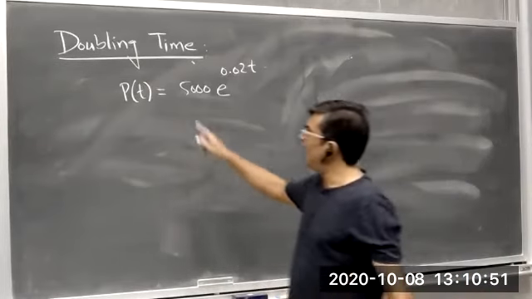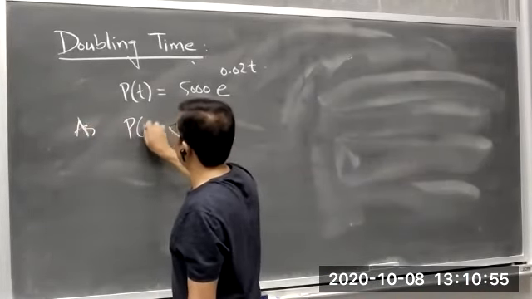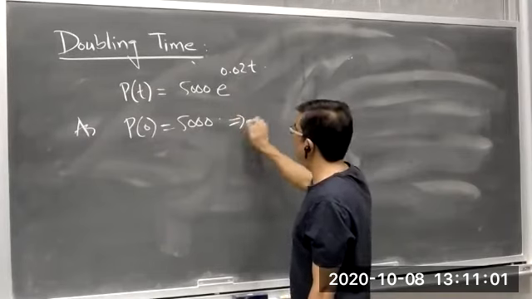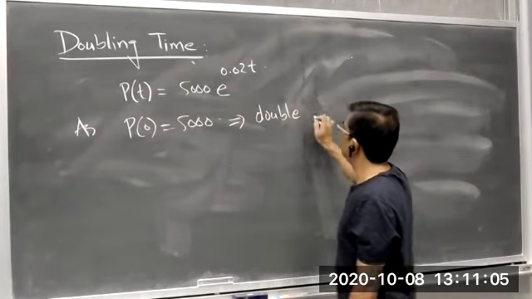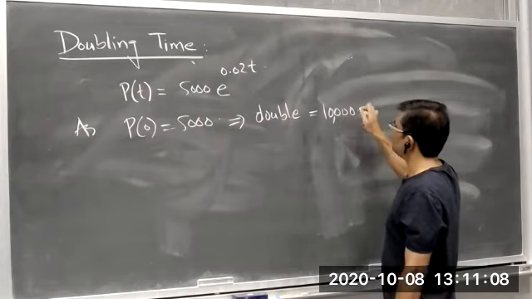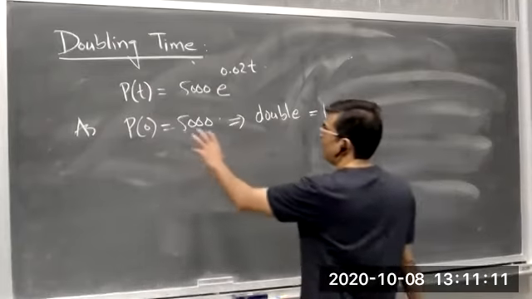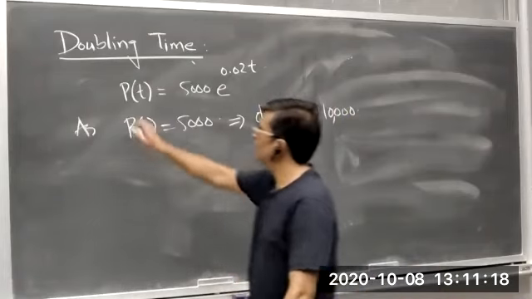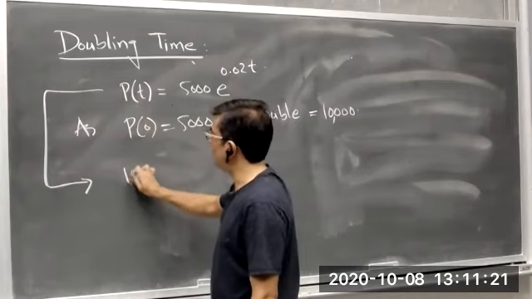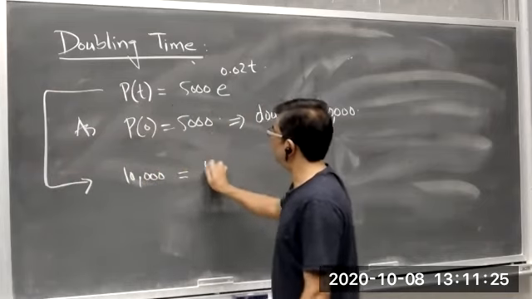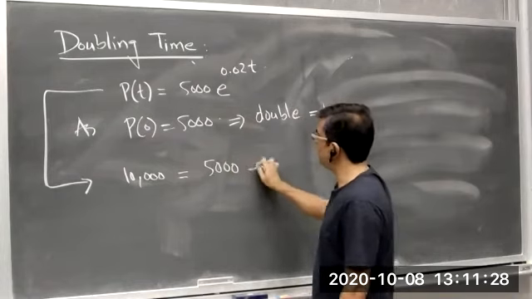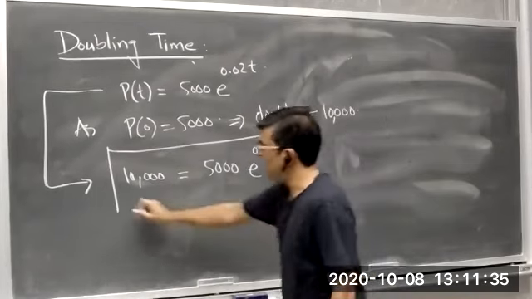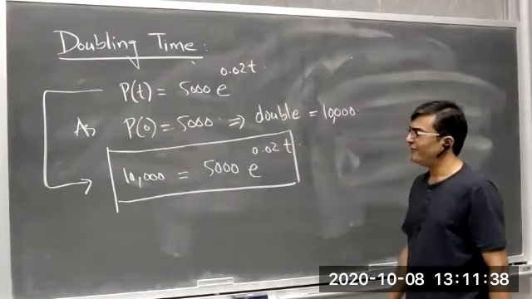तो ये कैसे फाइंड करेंगे, अगर इनिशियल पॉपुलेशन आपके पास क्या है, p at 0 is 5000. ठीक है, तो ये डबल कब होगी, मींस डबल का मतलब क्या है, डबल पॉपुलेशन इज 10,000. ठीक है, अब हमें ये पता है कि इनिशियल पॉपुलेशन ये है, उसका डबल क्या होगा? 10,000 होगा डेफिनेटली। तो यहाँ पे आप यूजिंग दिस थिंग पी ऑफ टी को आप 10,000 रखें, और इनिशियल पॉपुलेशन यहाँ पे 5,000 ही है, ई रेस पावर 0.02 टाइम्स टी। अब आपके पास ये एक इक्वेशन है जिसको अगर आप सॉल्व करें तो आपके पास टाइम आ जाएगा व्हेन द पॉपुलेशन विल बी डबल,